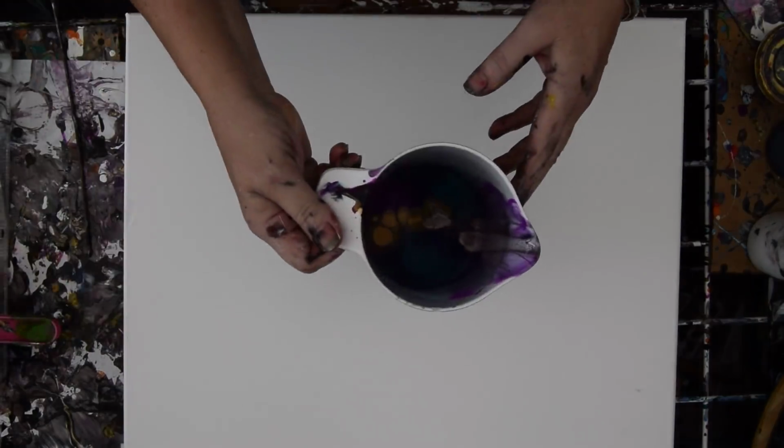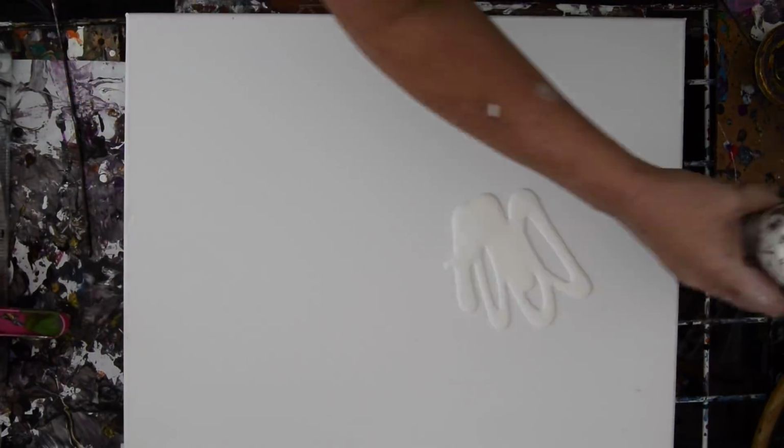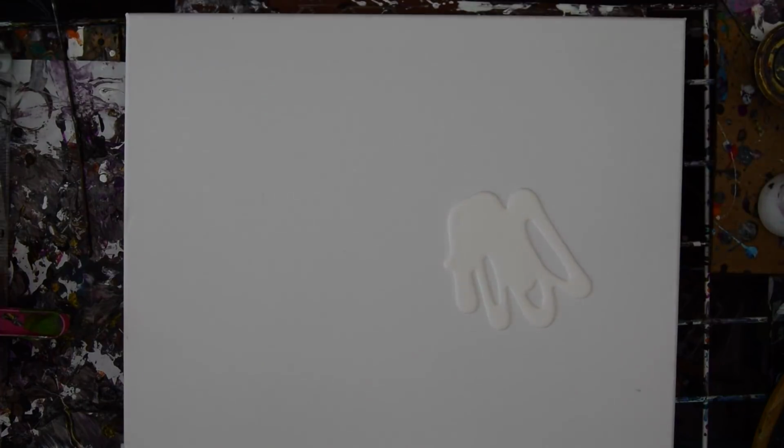Hey there, that's a 16 by 20 canvas. This is the end of my day. This is all the color I have left. I am extremely inclined to do a few really strange things, like whatever comes to mind, and I need to